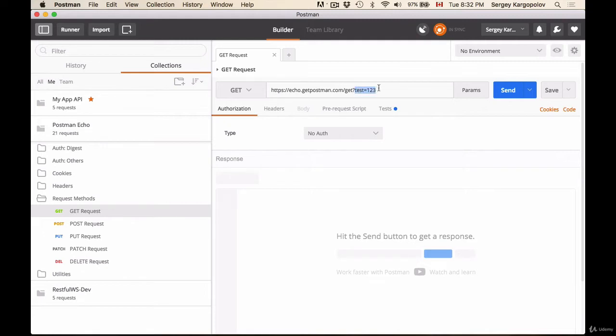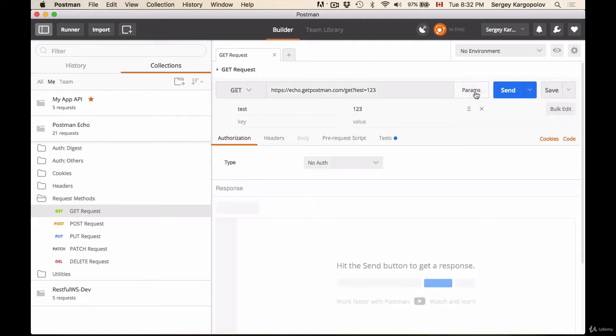Now this is the traditional way of passing parameters. In this course, we're going to design a RESTful API. We're not going to use the query string, but these parameters you can always try and experiment and use the query string, of course. If you click on this Params button, it will open up a panel where you can add more